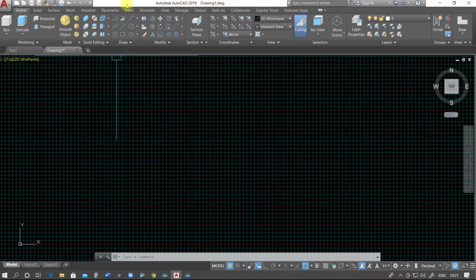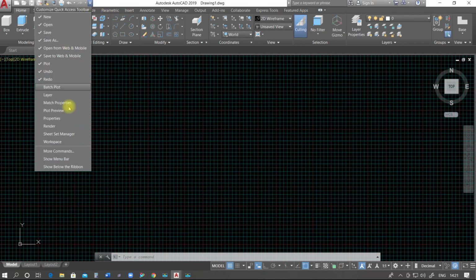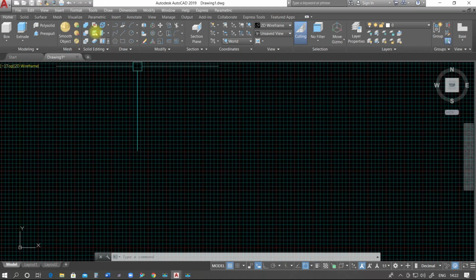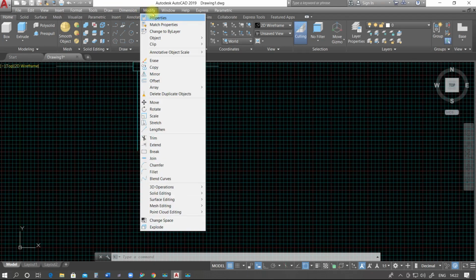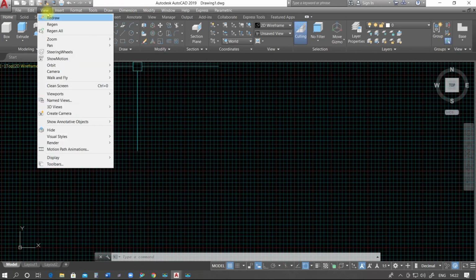First of all we have to bring the pull down menu at the top of this screen. This will be visible below the quick access toolbar. So how to find it? For this we click here first, and then there is the option show menu bar. As we click this one, we can see that now we are able to see the menu bar. Okay, so this is very important.